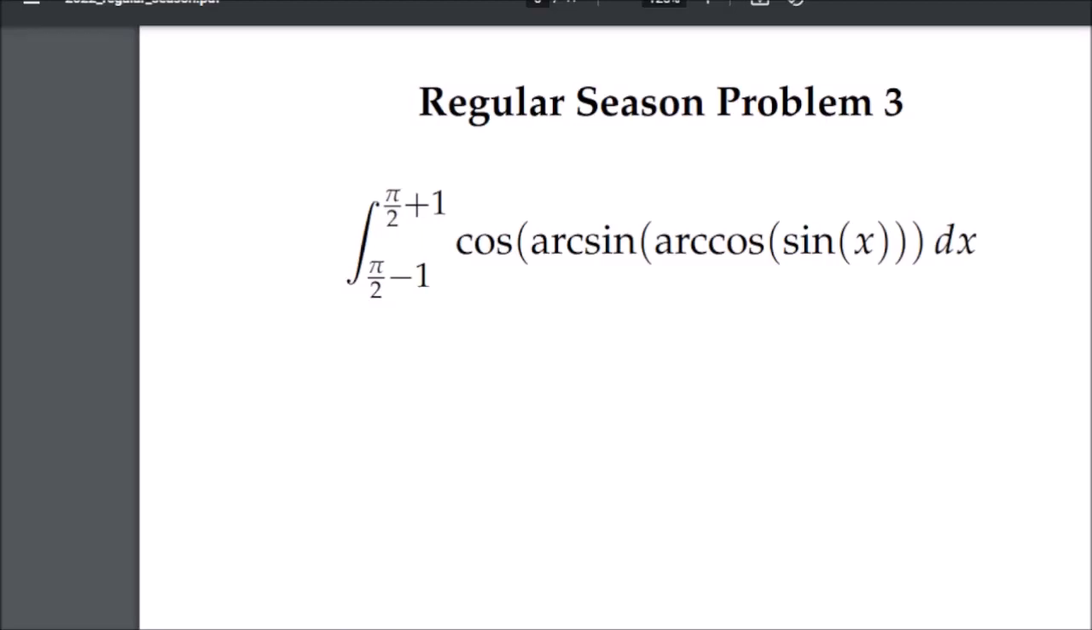Oh boy. This is honestly evil. If you don't know the identity, then, oof. I don't know how you would speed your way into solving this. Okay. Well,